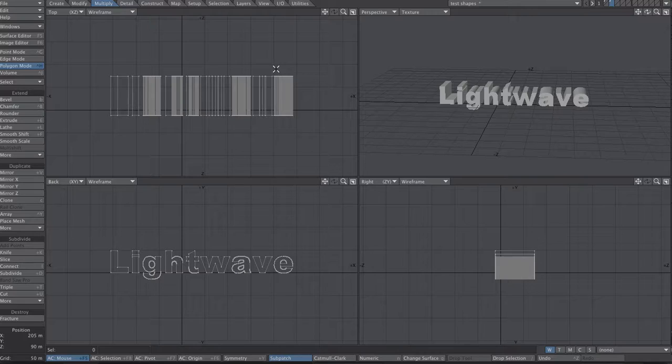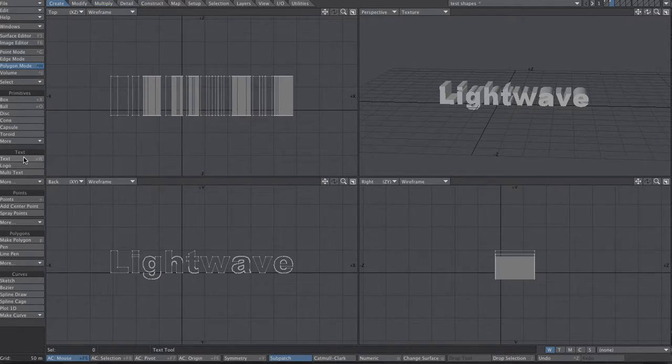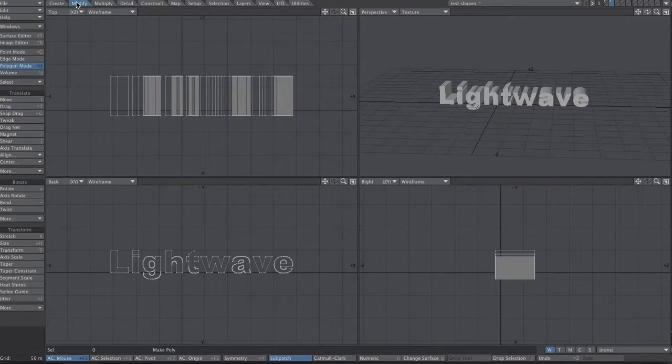So once again, text work is usually better done in a program that's designed for video editing like Final Cut Pro. But if for whatever reason you really want to do it in 3D, or you want to do it in Lightwave, or if you just feel like you need to for your models or whatever, then this is the text tool that will get you there. Alright, I'm not going to go into some of the more detailed tools like curves, and we're going to skip past that. We're going to now head towards more